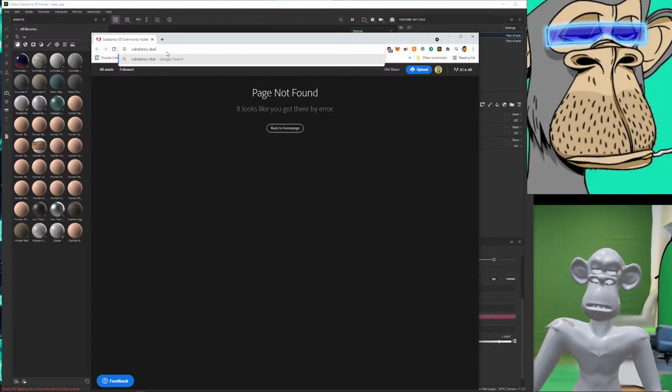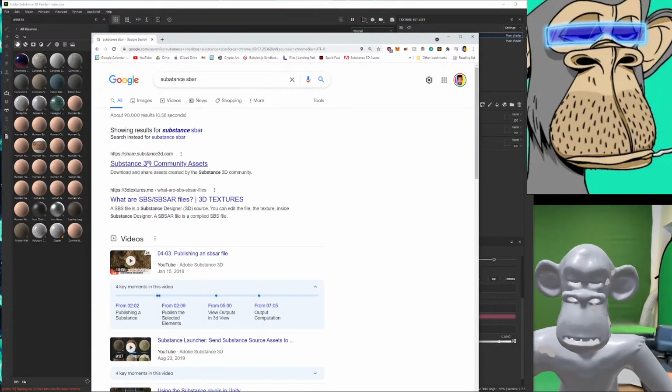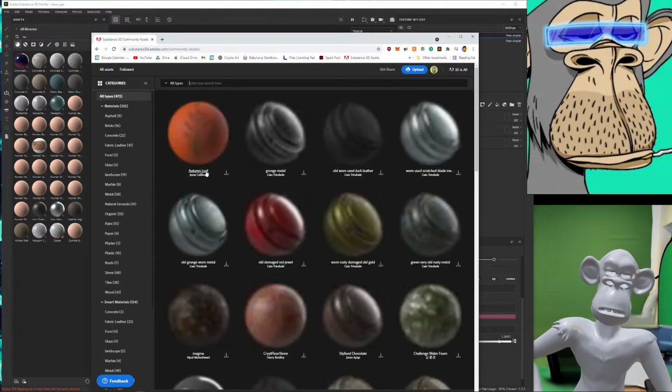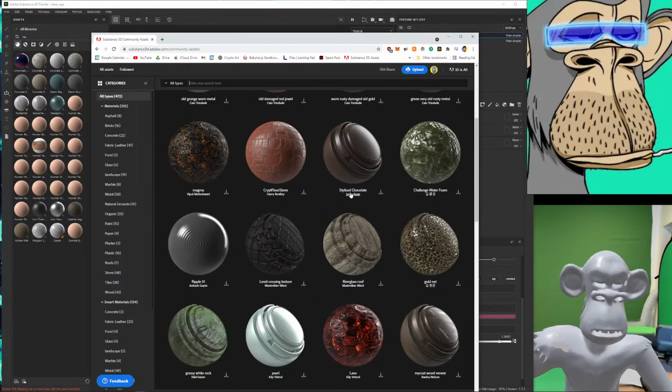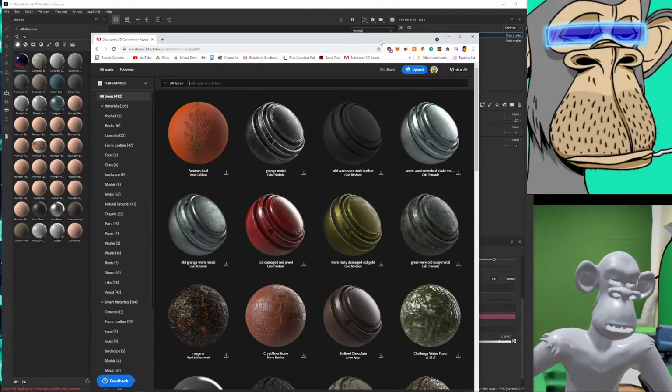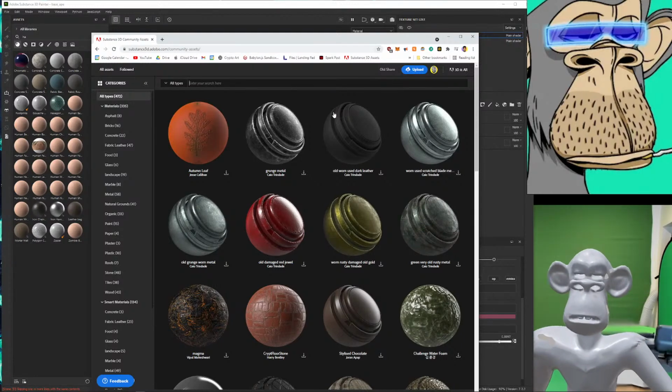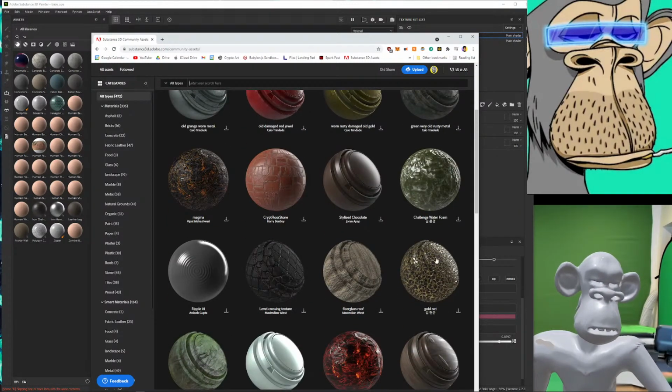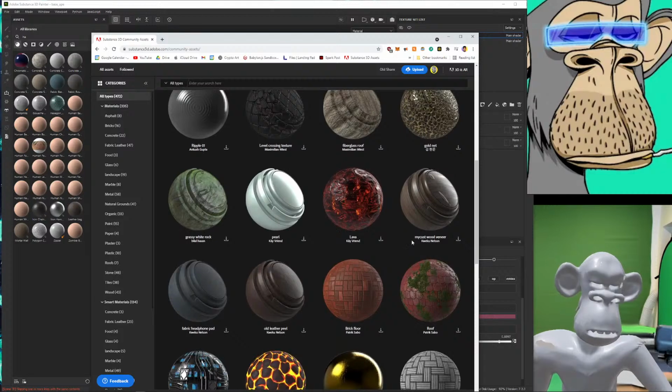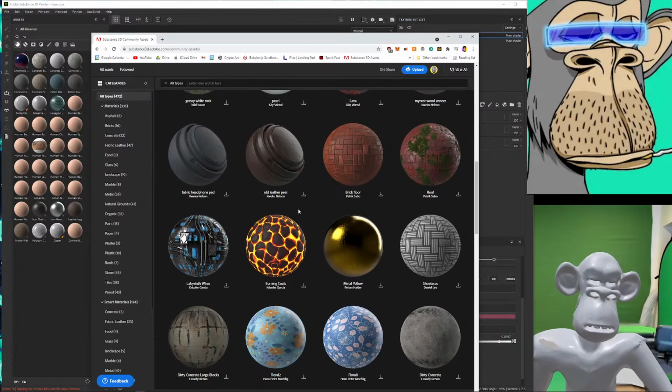Substance SBAR files. There's another one called, okay, I guess they're calling it share.substance. All right, so they still have it, thank goodness. So this is a great website, it's a great resource. I talk about it at my Adobe Max conference, so you're getting a little sneak peek at something I talk about in the session. This is a great resource,